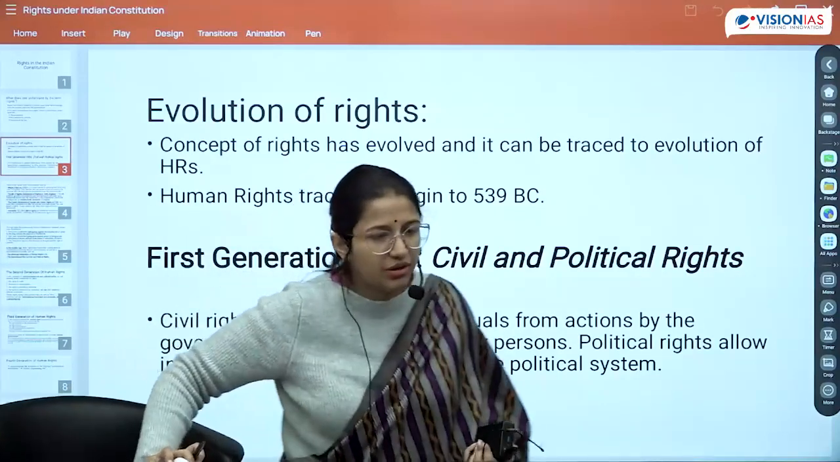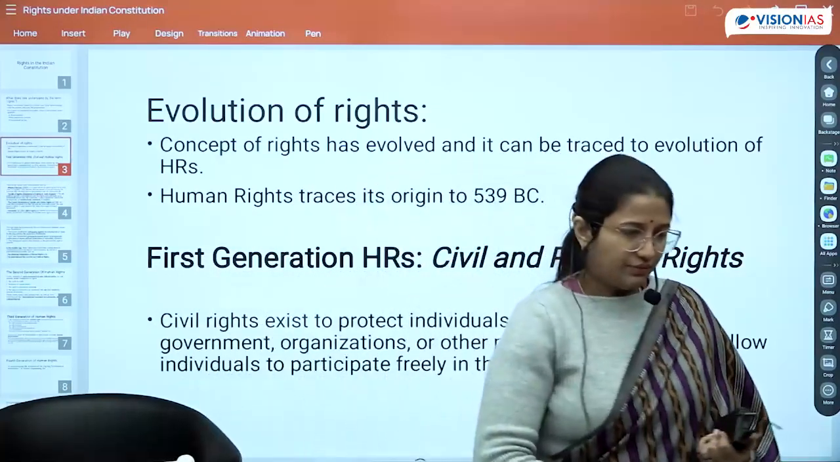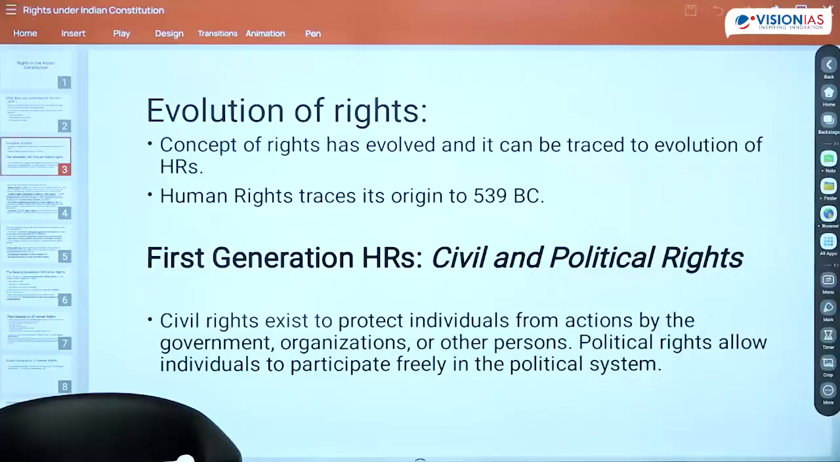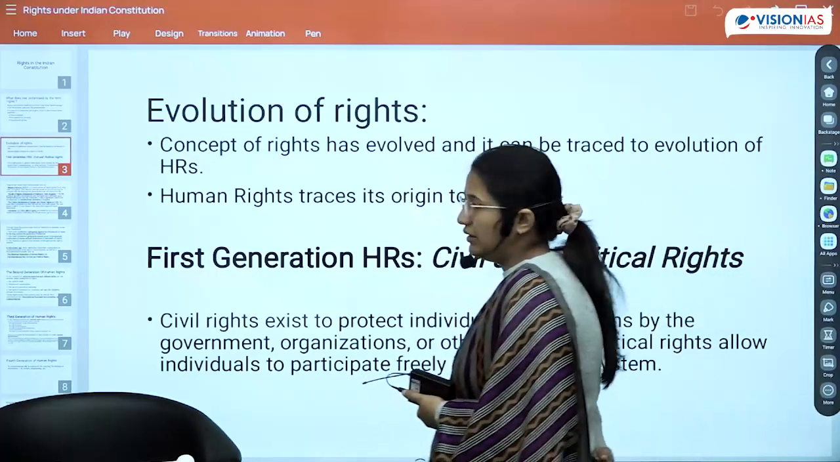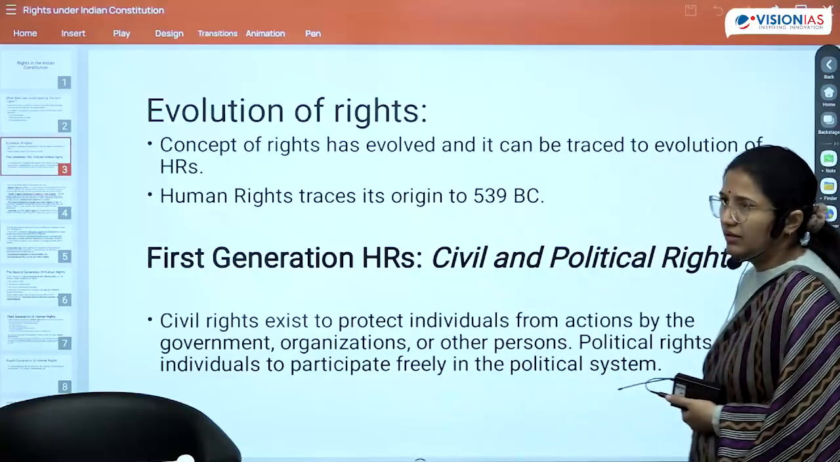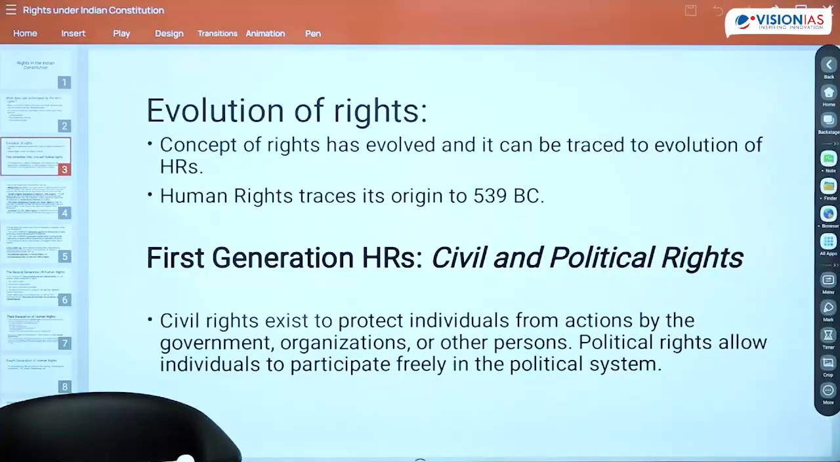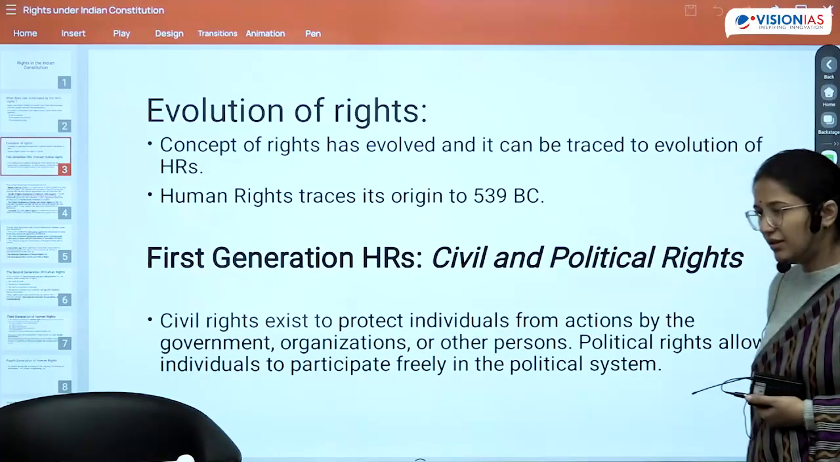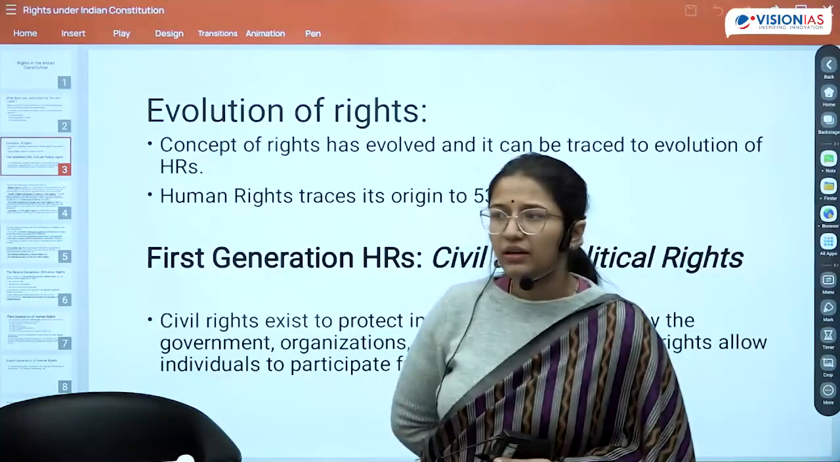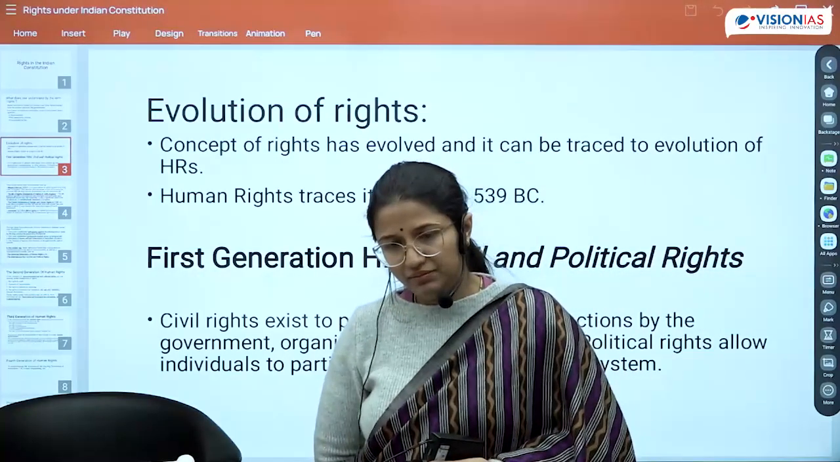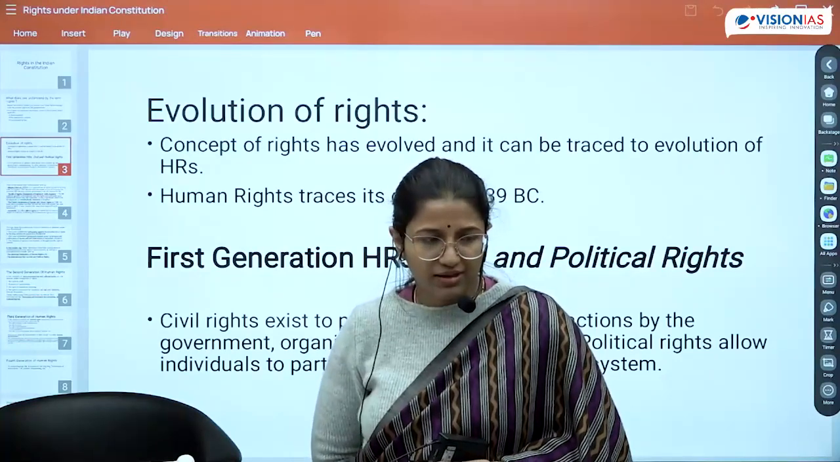अच्छा लिख लो एक बार, human rights लिखो. Evolution of rights, give the heading, and under it we'll just define human rights. Human rights are a set of rights given to human beings,